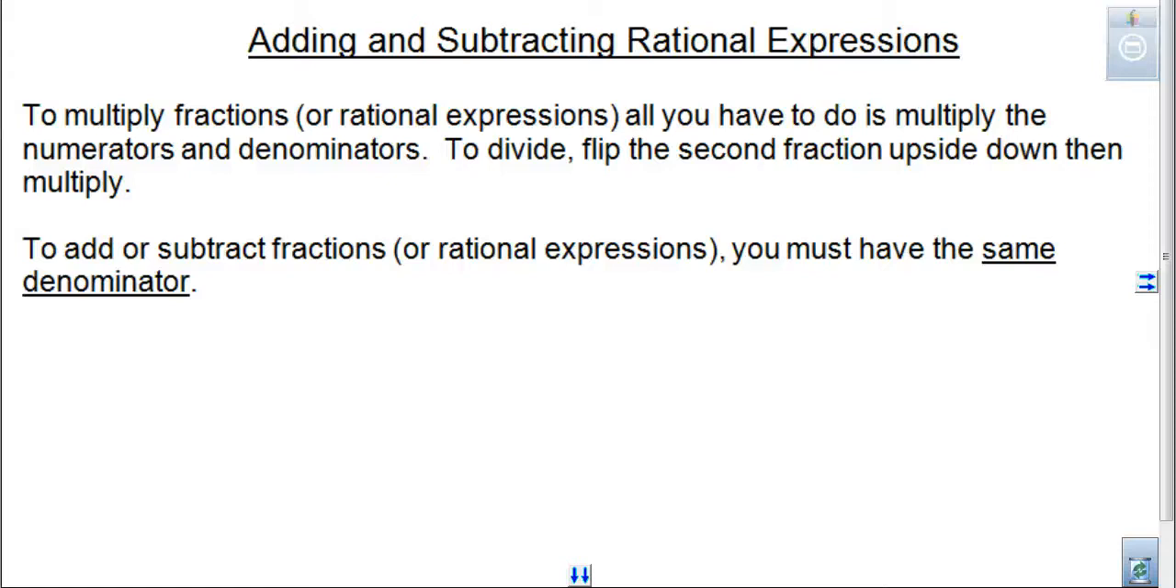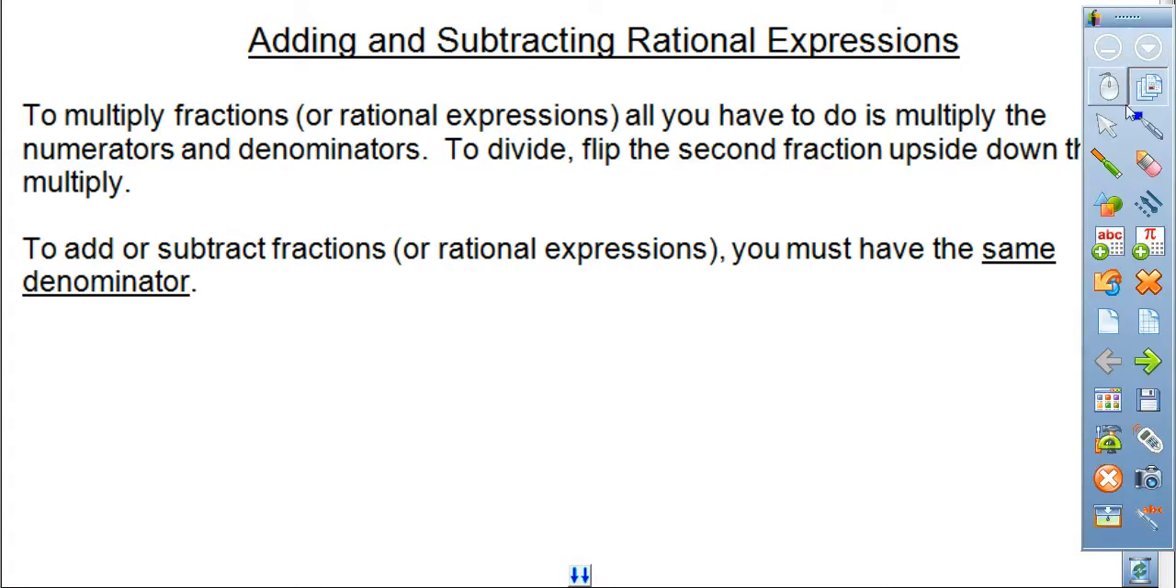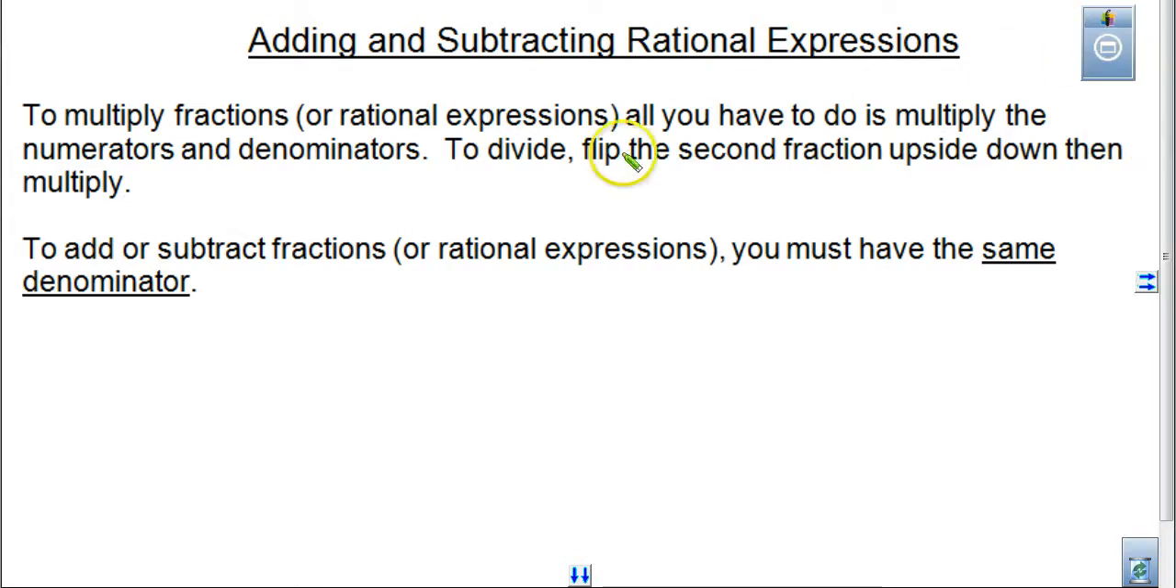Adding and subtracting rational expressions. Now, when we worked on multiplying and dividing rational expressions, just like with fractions, all you have to do is multiply across the top, or multiply the numerators, and then multiply across the bottom, which is multiplying the denominators. For dividing, we had to make sure to flip the second fraction, or the second rational expression, upside down before